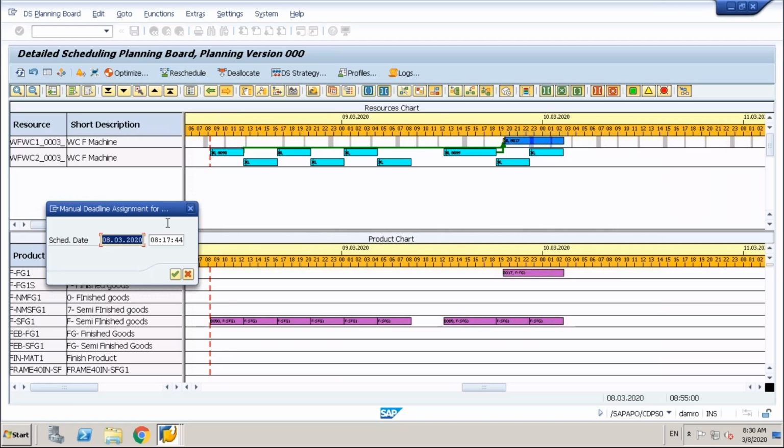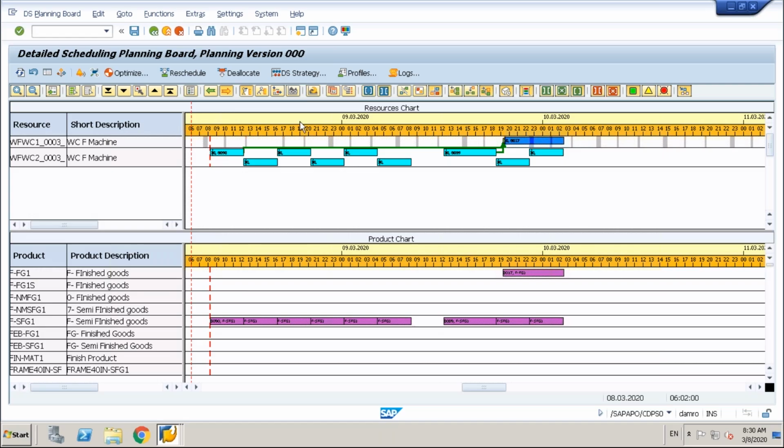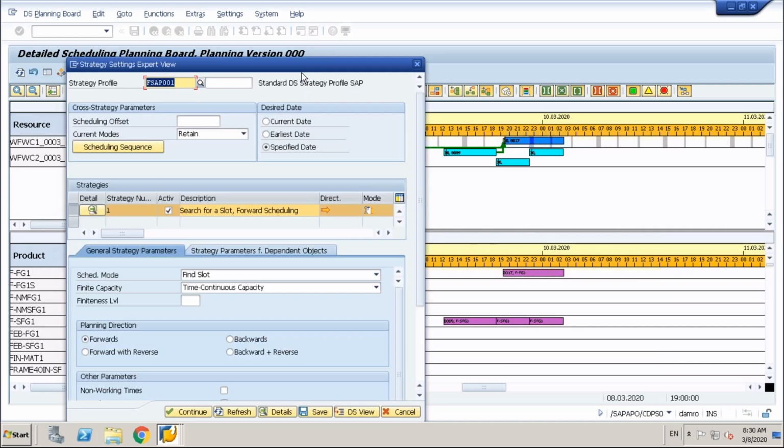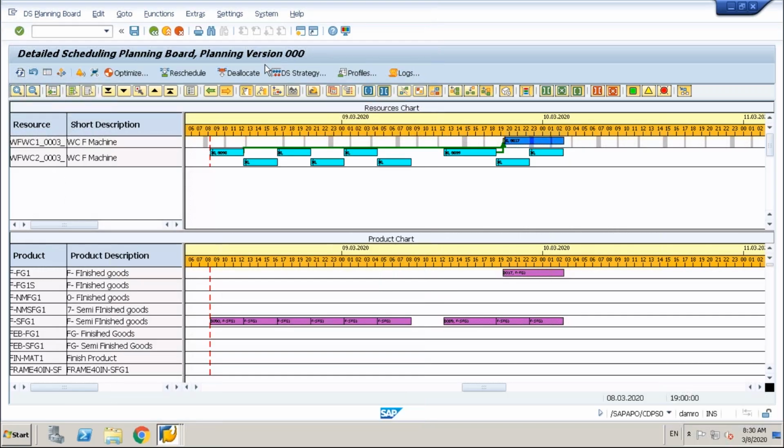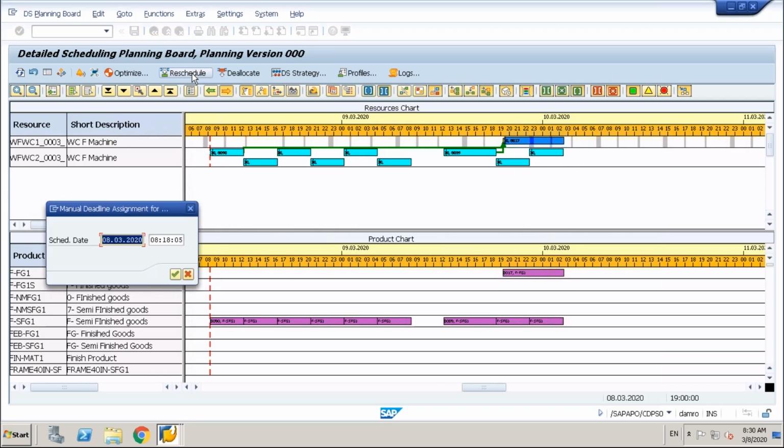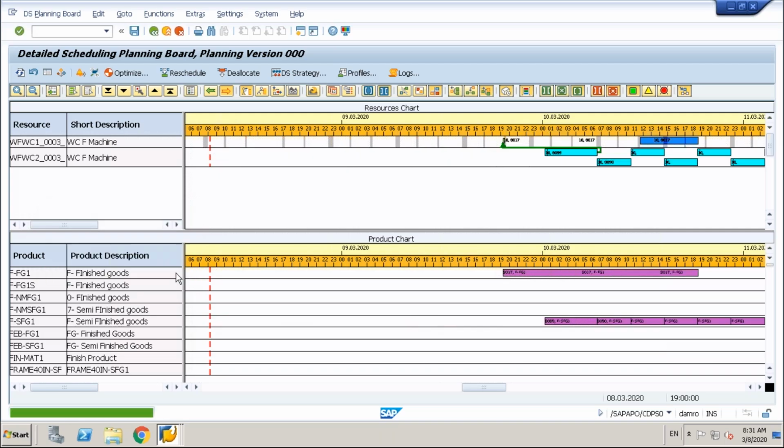I'll say, before that I want to see, it has to be forward scheduling. If it is backward, it doesn't work. Yeah, forwards. Reschedule forward direction on 10th. Okay, at any time, whatever time you want. We say okay. See,